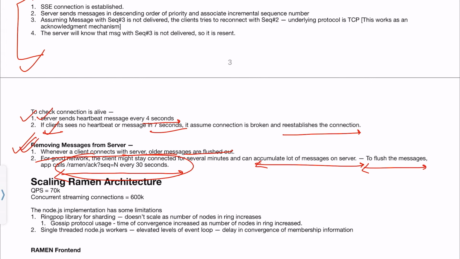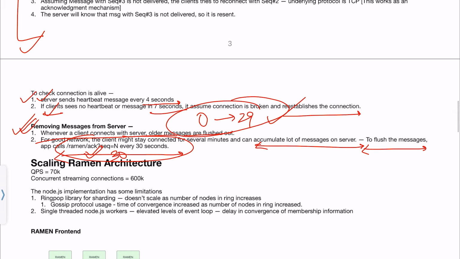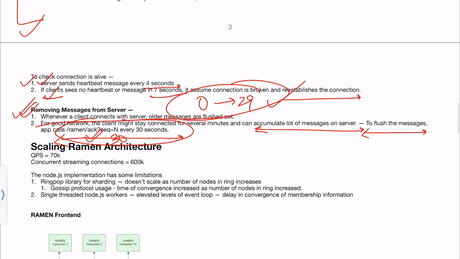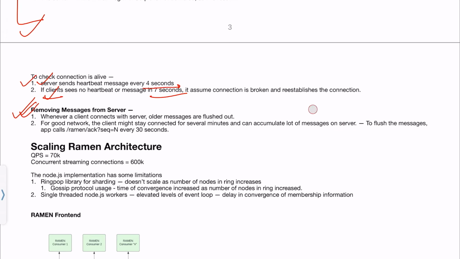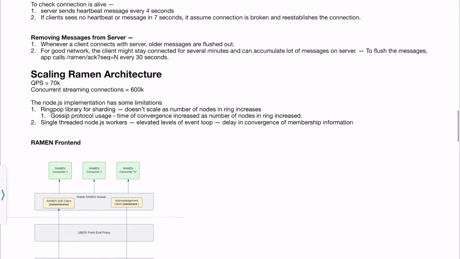Irrespective of heartbeats or whatever mechanism you have, you call this API every 30 seconds, which means, let's say this sequence is 30, so remove all the messages from 0 to 29. This is what you do when you are deleting or flushing out all the older messages, because once the messages are